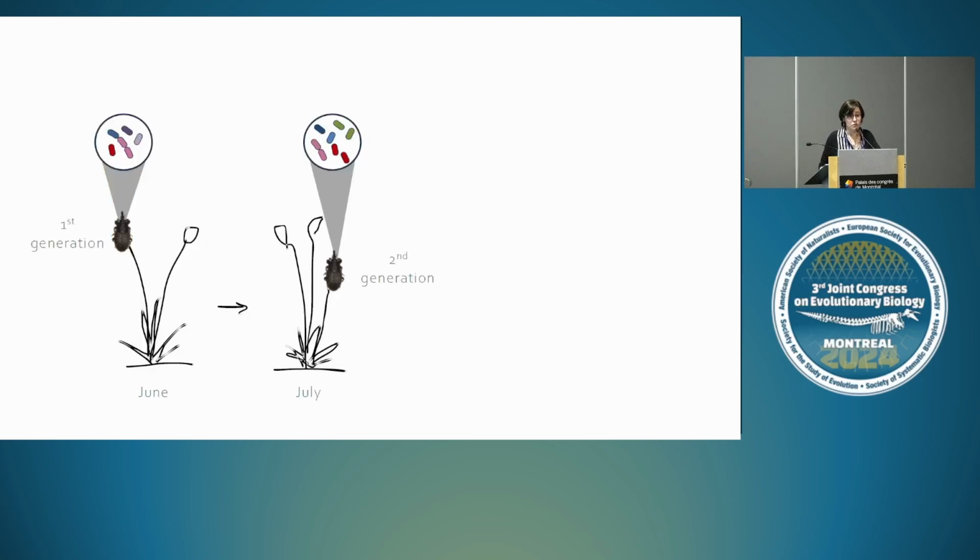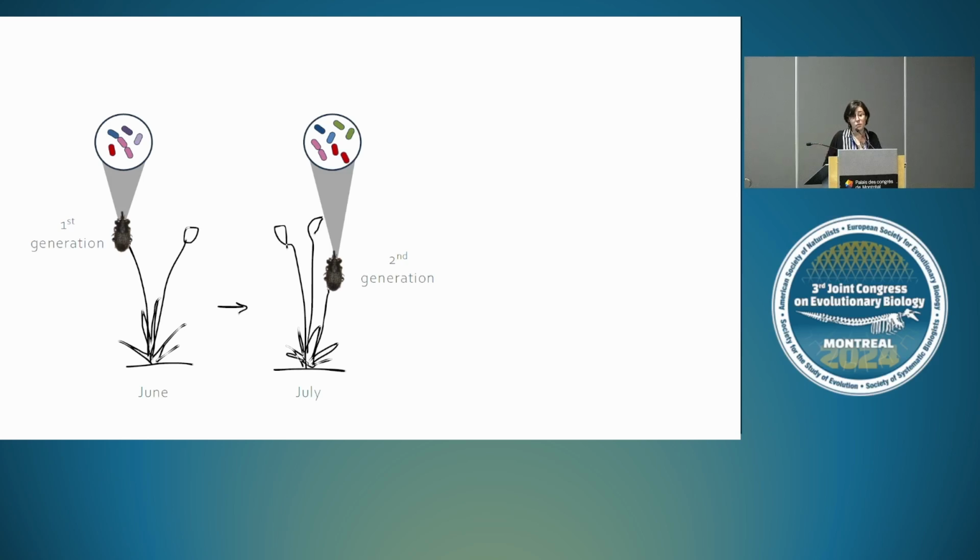What the stats results showed us for the partial microbiota data, is that there is an effect of seasonality. What we think that it could be happening in this case is that we are sampling 2 different generations in the field. So when we go to the field in June, we see the insects copulating, and this could be the insects that diapause throughout the winter, and they just woke up after the first, the spring.